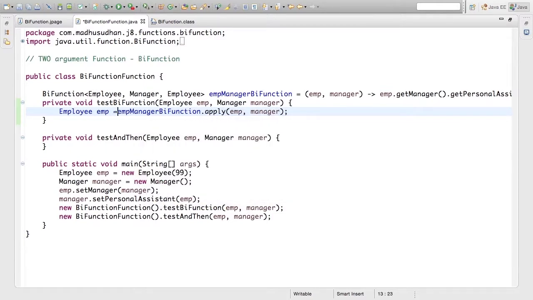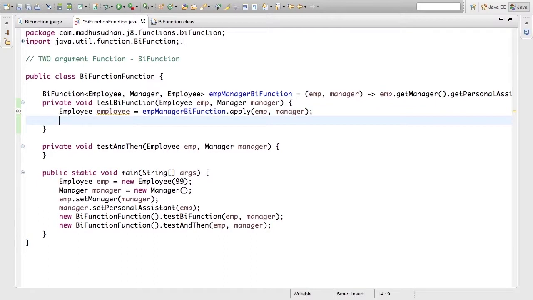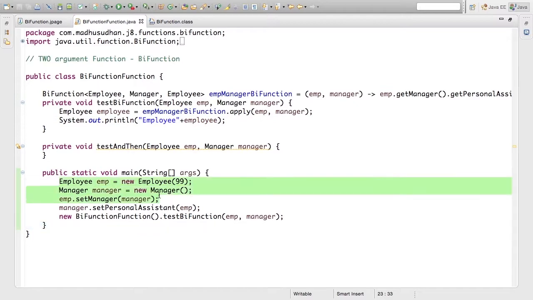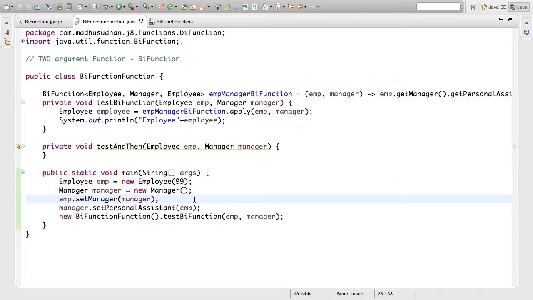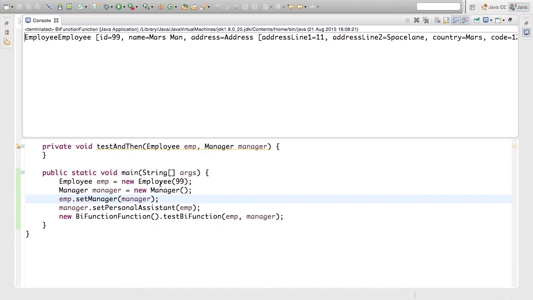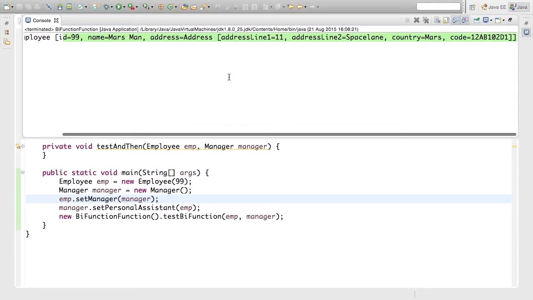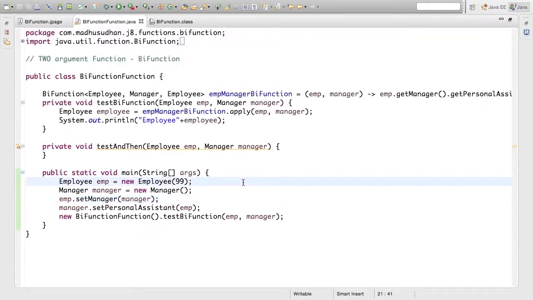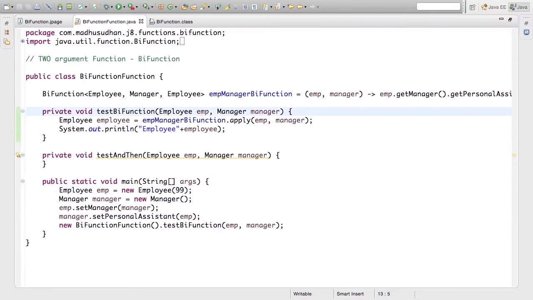This apply method should return you an employee. Now, if you run this example by passing in an employee and manager, which I have already created here, they should provide us with the right information back to us. As you can see, the employee who has been created as 99 is exactly the one which has been passed across to us as well. So whenever there is a requirement of passing in two arguments and returning a value, then use the BiFunction,